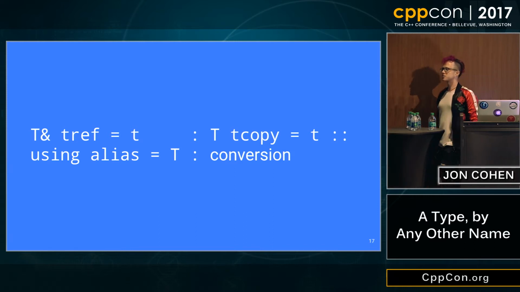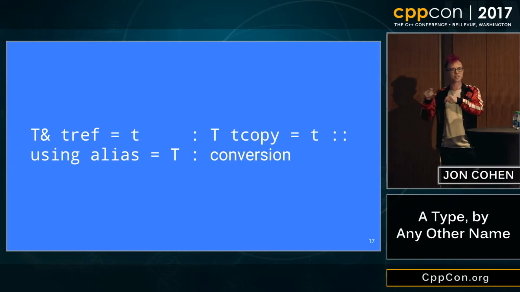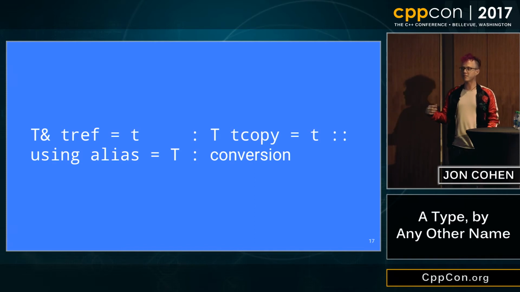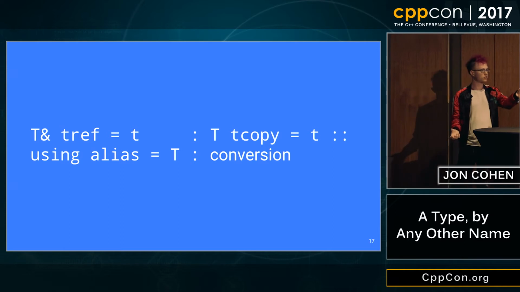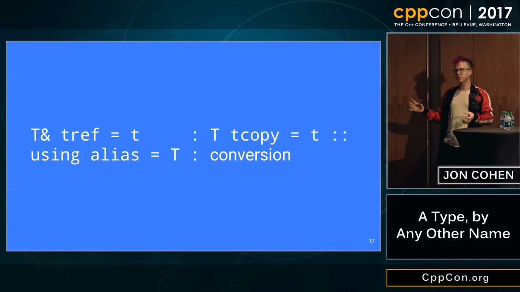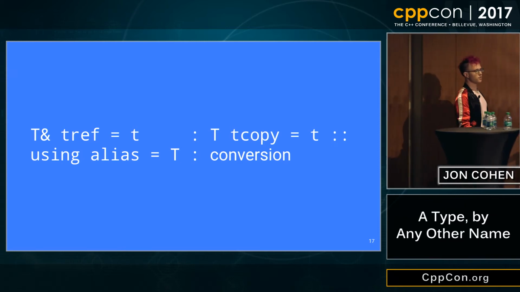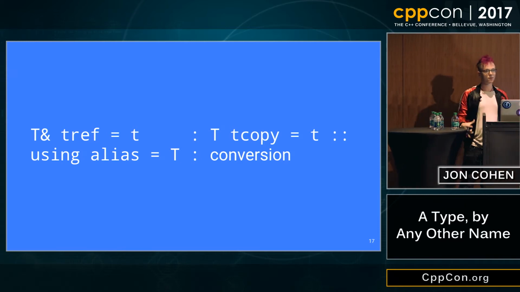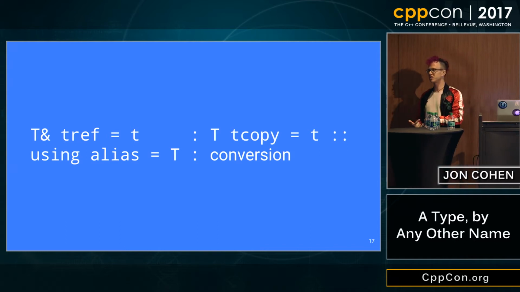With variables, when you make a reference to another variable, the reference and the original name refer to the same data. They're fundamentally the same in an interesting way. Whereas if you make a copy, as on the right, you have two things that are equal but not the same. They don't have the same identity. And similarly, when you alias types, they're the same type. Just two names for the same thing, not two types that convert to each other.